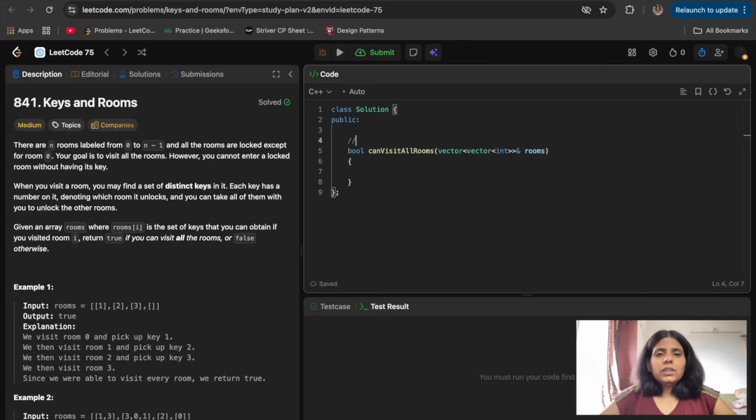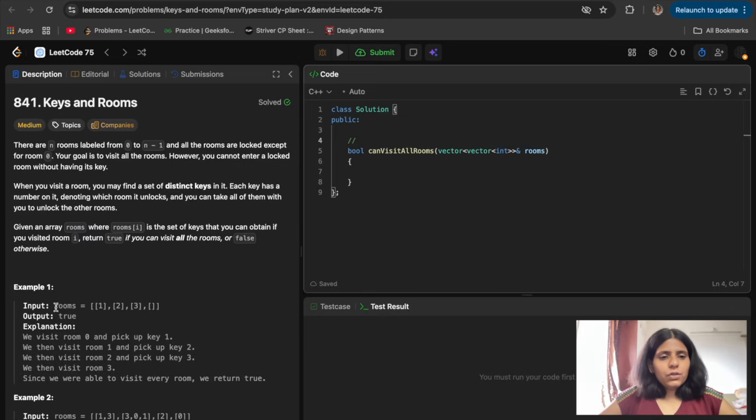That's the question. So yes, it is a DFS, after reading the question you got the idea, right? We are visiting one room, then taking the keys, then going to the room whose key we took from that room, and then repeating the same process. As we are repeating the same thing again and again, it is recursion. We can do this using recursion, and we can also do this iteratively, but in this video we will do it using recursion. So we'll solve the first example and then we'll code.